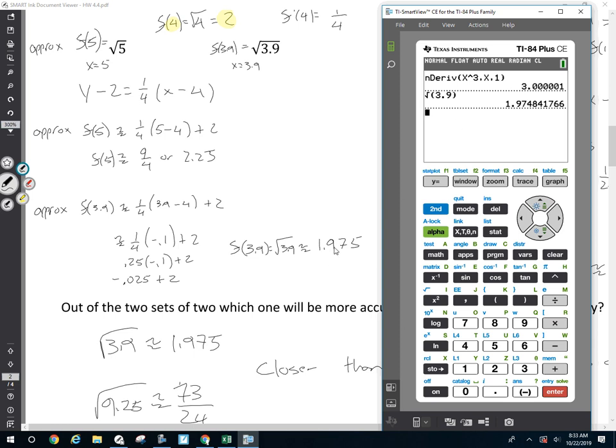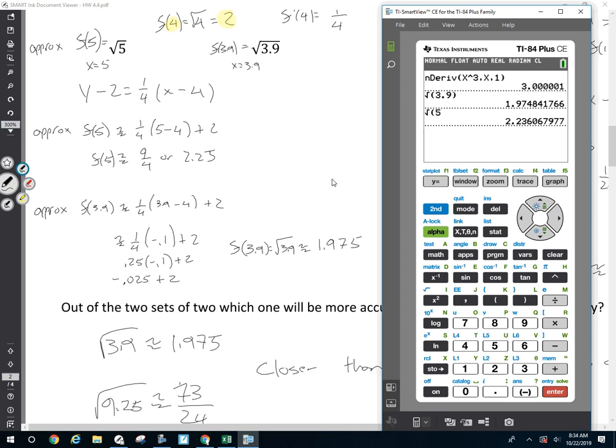I thought it was 1.975. Very, very close. Very, very good approximation. Meanwhile, the square root of 5, I said was 2.25. It's actually 2.236. So I'm off in terms of the hundredths decimal place, whereas my approximation for root 3.9 was